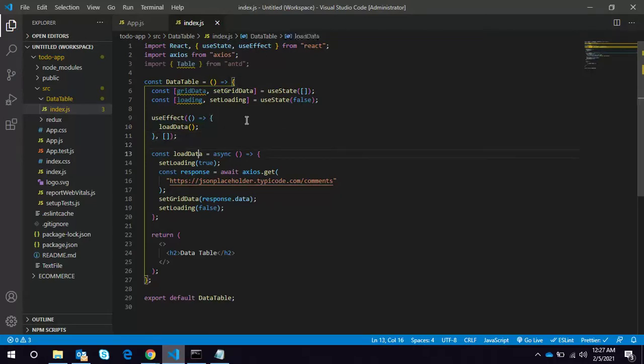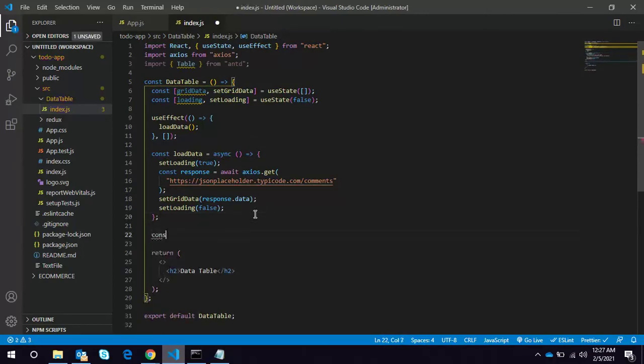So we can check here whether we are getting the data or not.